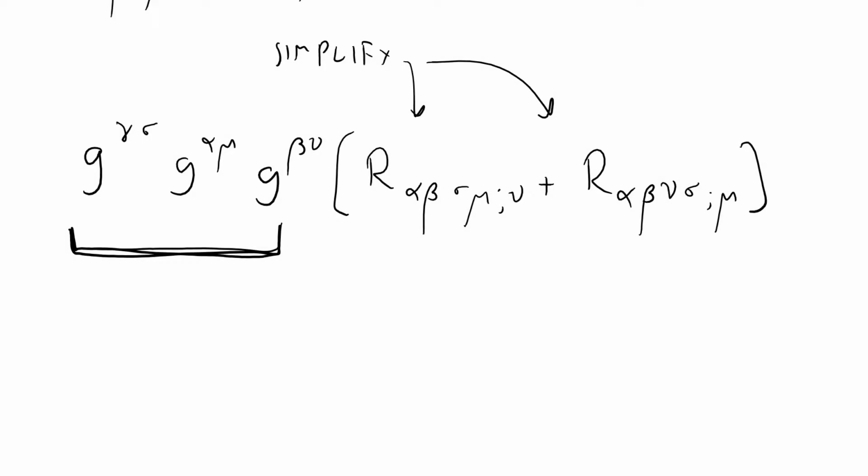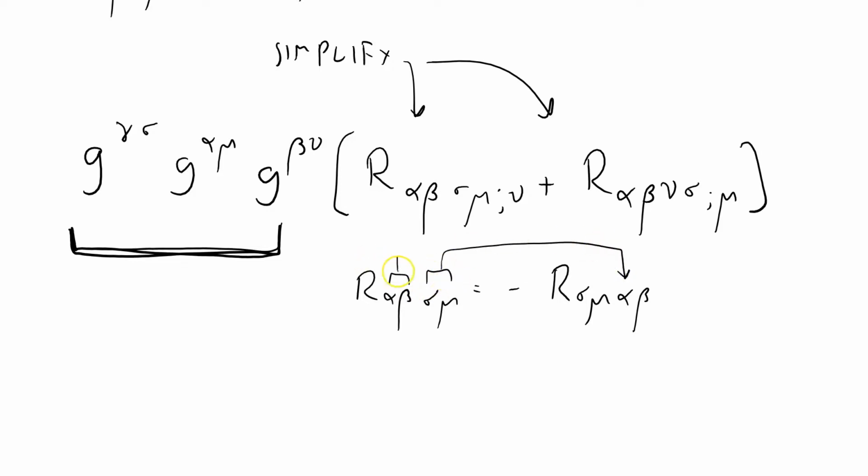General relativity, step by step. I've been set this task to simplify this rather confusing derivation. It's not confusing, but it's quite involved. I'm going to use the fact that the Riemann tensor has this nice symmetry relationship: minus R sigma mu alpha beta. We can swap the first and the second pair of indices over